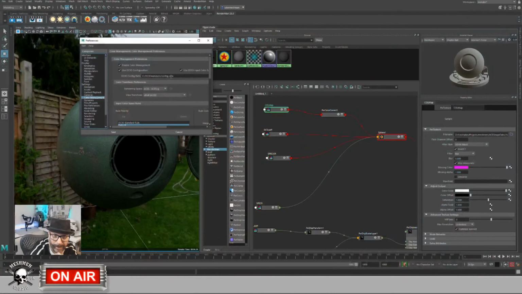And you can also prove that it is ACEScg when you go to color management, and it actually picks up here my OCIO config path. You can see this is something that it picks up from my environment variable. If I go into preferences, it picks it up here. So yeah,